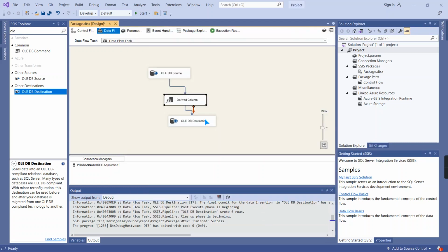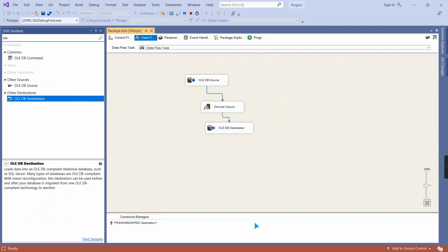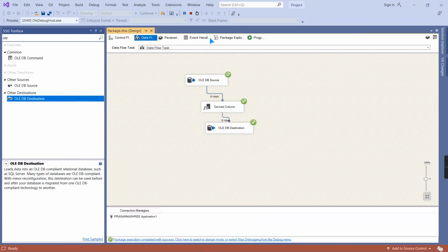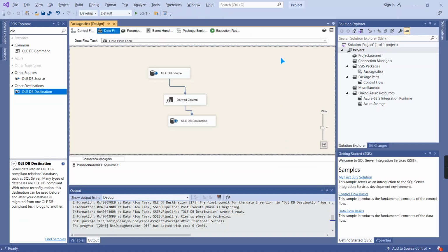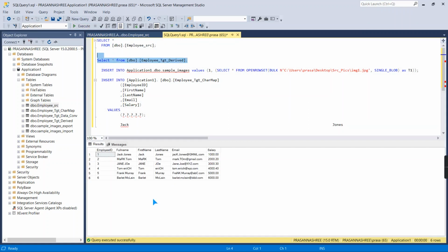so I'm going to rerun this package again. So we will check once the target once again. So now you can see here that spaces has been removed after first name, after last name and all.